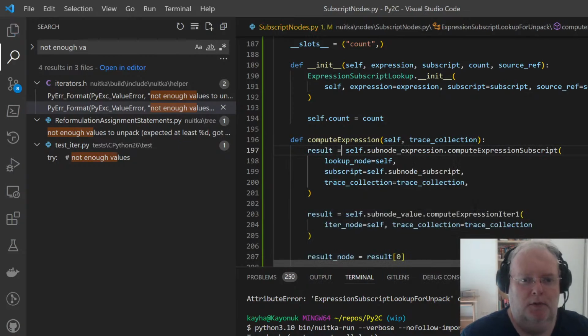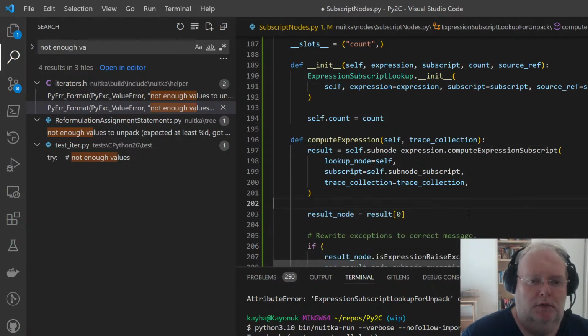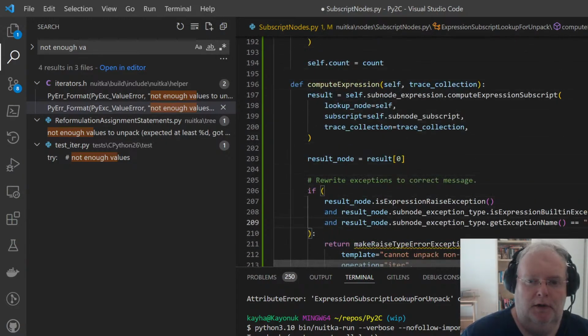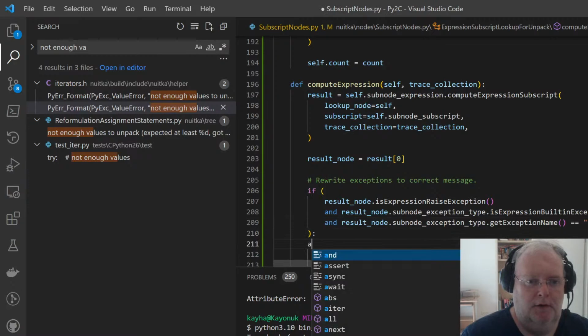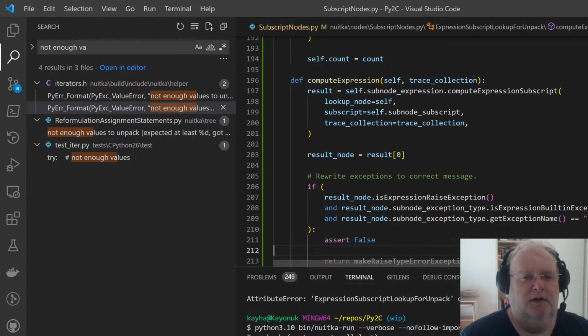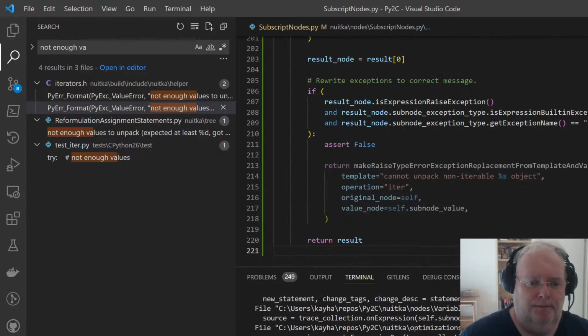Result equals subnode expression, not value. Okay. Result node is that. If it's a raise exception of an index error. I want to see it. I think we statically optimize this right now. And this could fire. Yay.